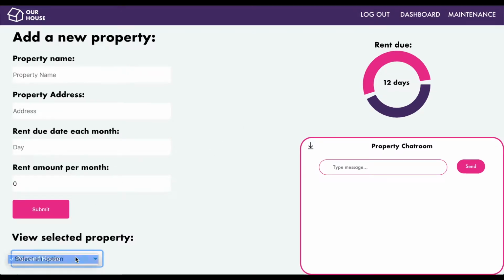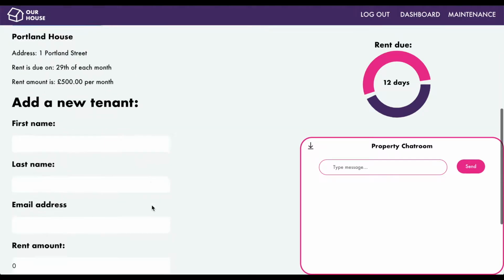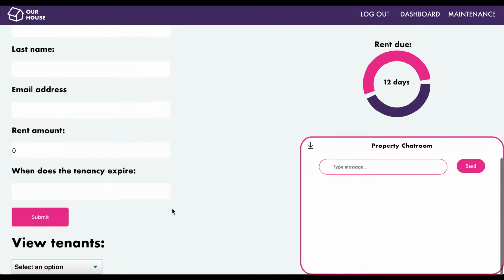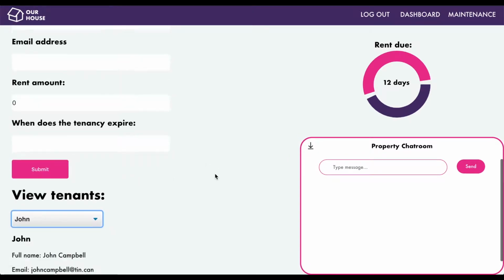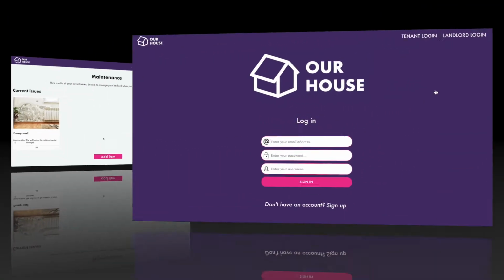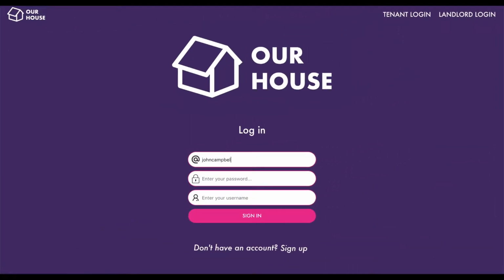Over here on the left, the landlord has created a new property, he submitted that information, and now he's adding a new tenant to that property. On submission, he'll be able to see some of the details of the tenants who live in the house through a selection. So he's going to log out, and in this next video, we're going to see from the perspective of a